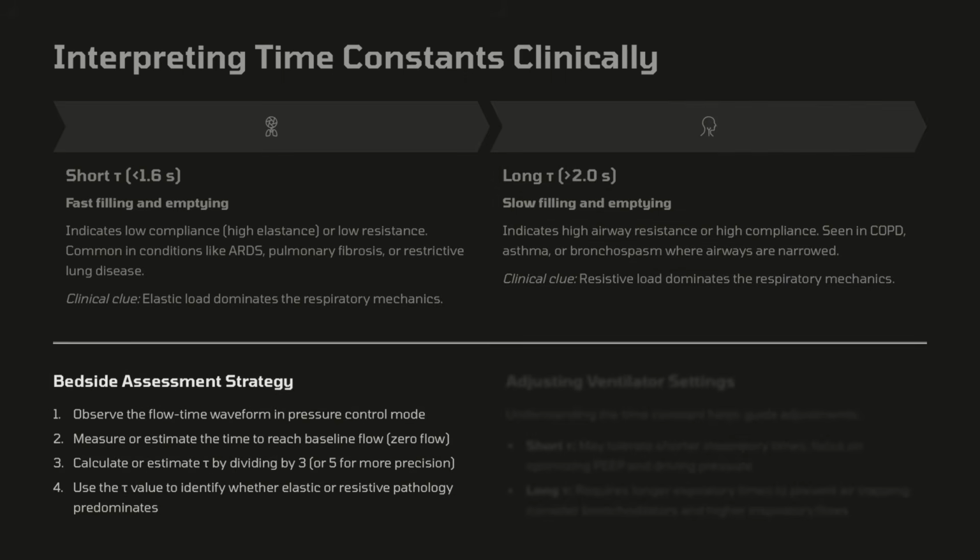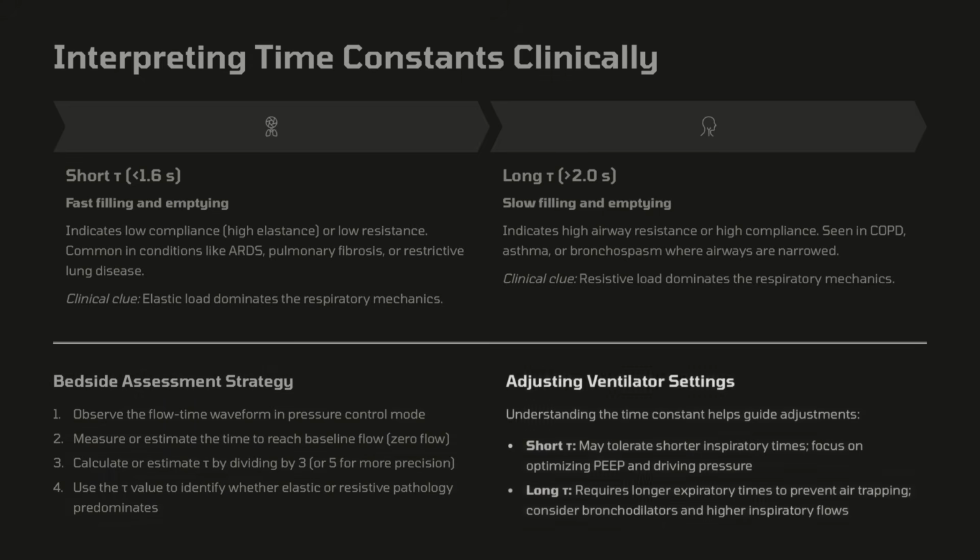In bedside assessment, observe the flow time waveform in pressure control mode. Measure or estimate the time to baseline, that is the zero flow. Calculate and estimate the tau by dividing it by 3, or to be more precise, if you want, divide it by 5. Use the tau value to identify whether you are having an elastic or resistive pathology, and adjust